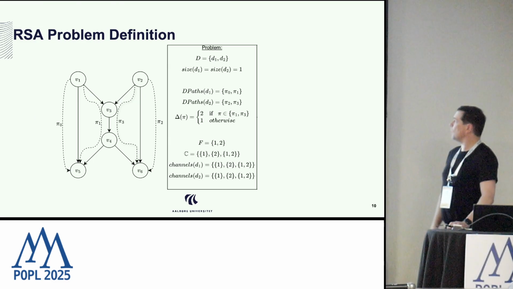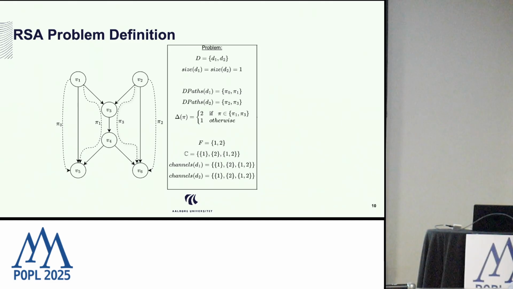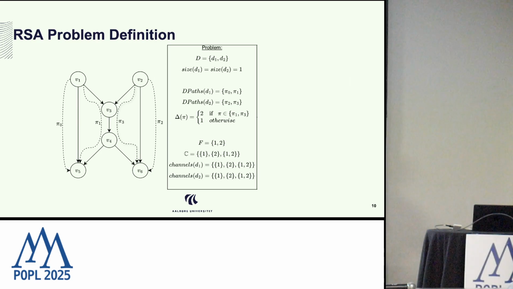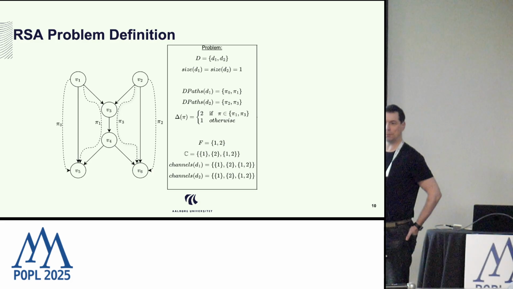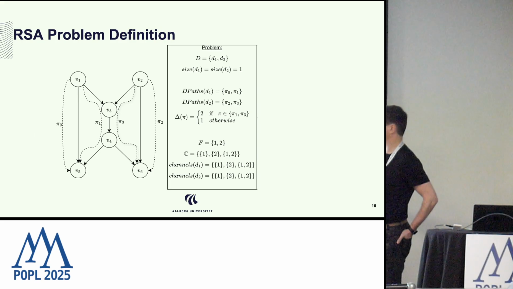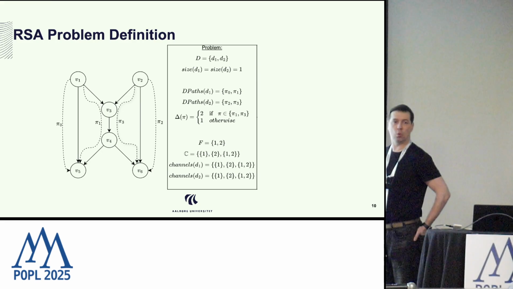So let me a little bit formally define the problem now. So in the RSA problem, we are given a number of demands. Each of them have a size. Let's say in my example, the size is just 1. For every demand, I have defined some path that I'm allowed to choose from when I want to shoot the light through the network. And depending actually how long is the path, you have to use different modulations, and some of them will require more frequency slots than others. So in my example, the path pi1 and pi3 has 3 hops, and that requires modulation that needs 2 frequency slots, whereas the short path, they only need 1.